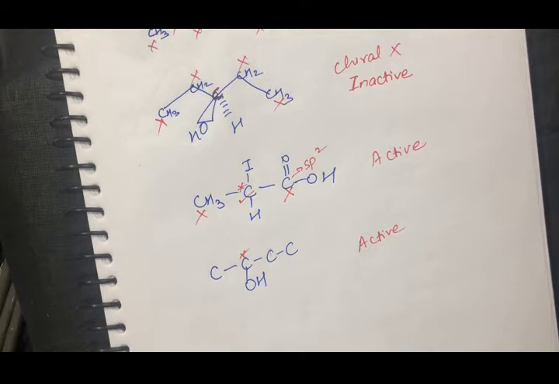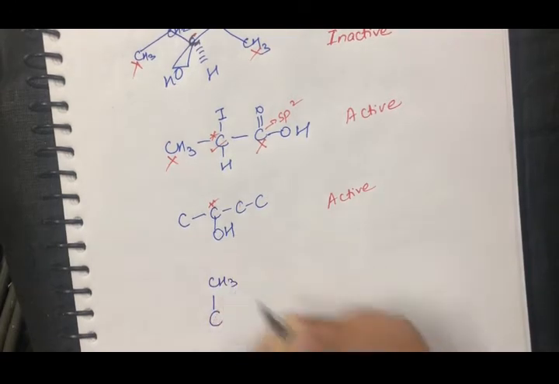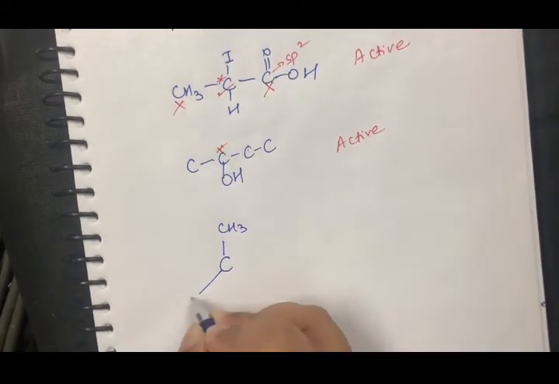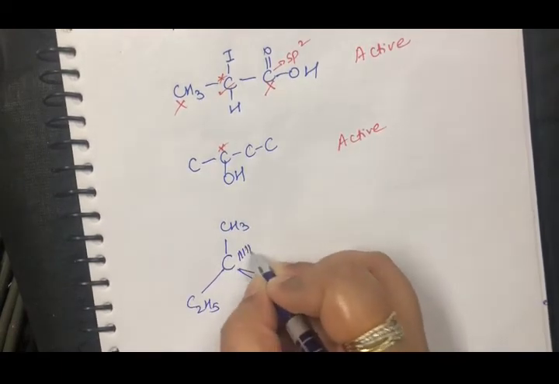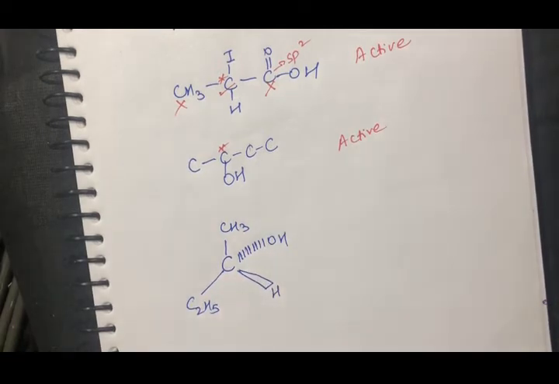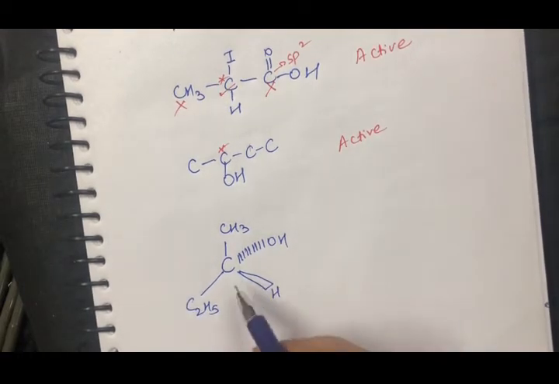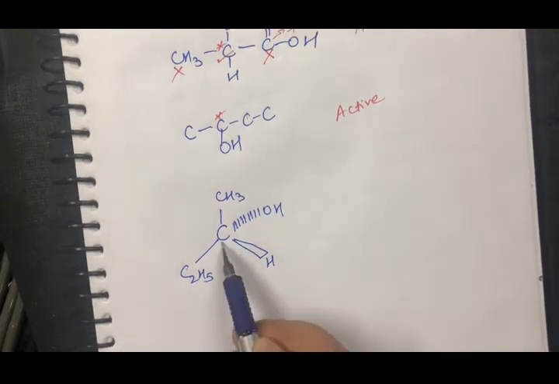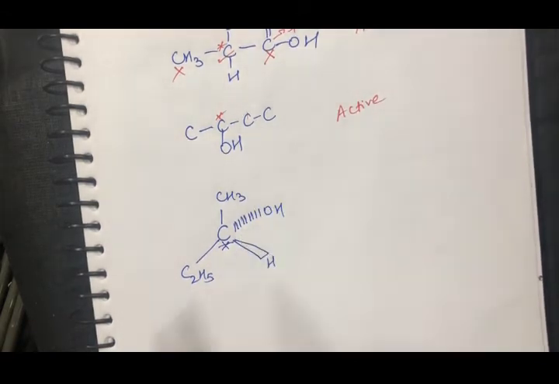Now one more topic that I want to talk about here is, if yes, the compounds are optically active, then what? See, I will make an optically active compound. I hope you remember that wedge is the carbon which is out of the plane and the dashes are behind the plane, right? So is this my chiral carbon? Yes, it is chiral. This carbon is chiral because it is having one ethyl, one methyl, one OH and one hydrogen.